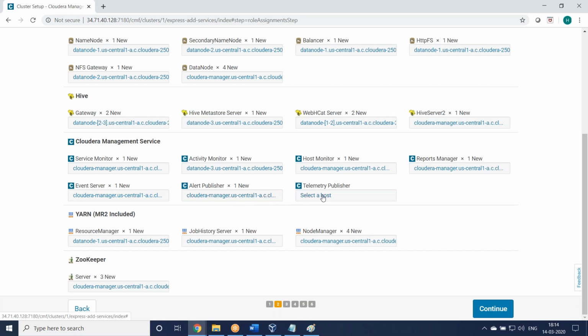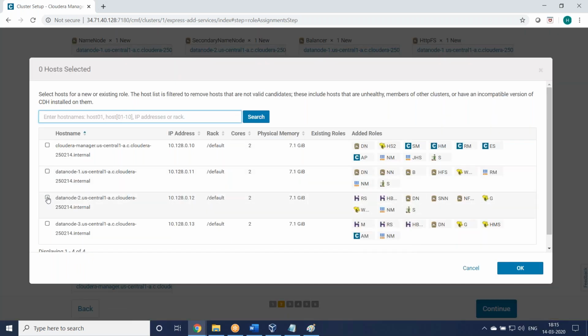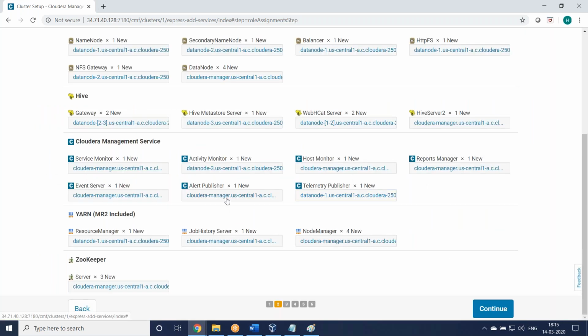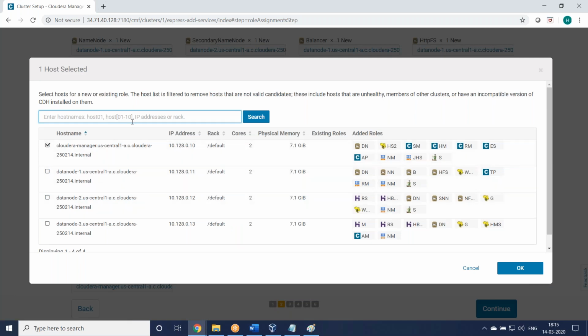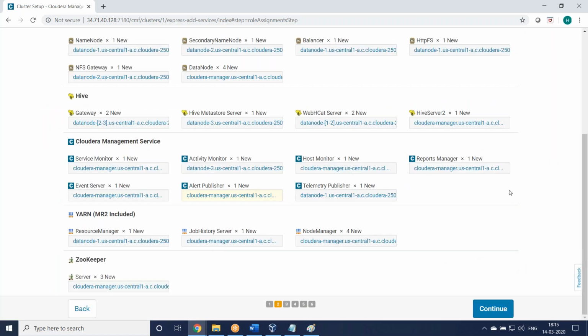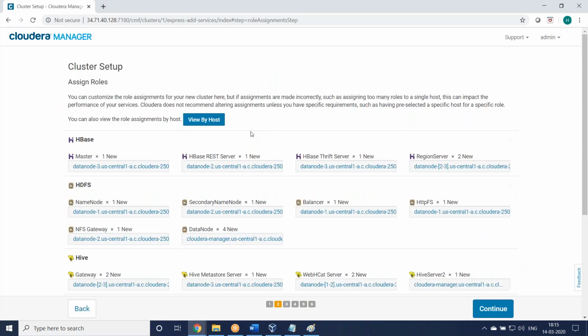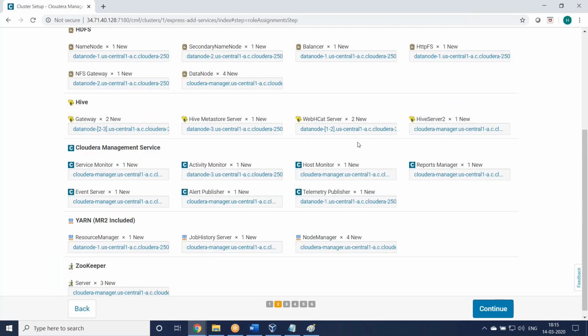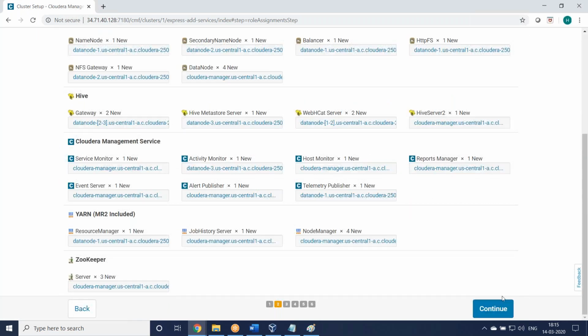Then these are the default telemetry publisher. You can select any one service. I'll select here or else here. Okay, then alert publisher automatically the first server. That's it. We have selected the respective servers, adding roles. We have roles, which one on which server, these are the roles, available instances, right? That's it. So you have to select and then continue.